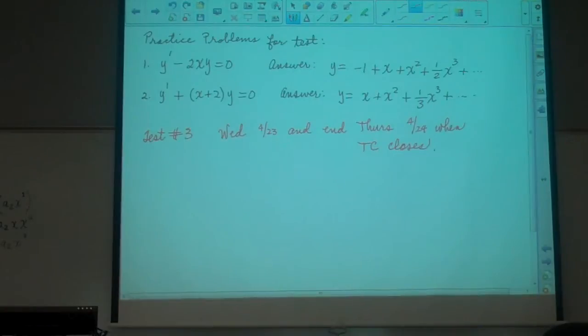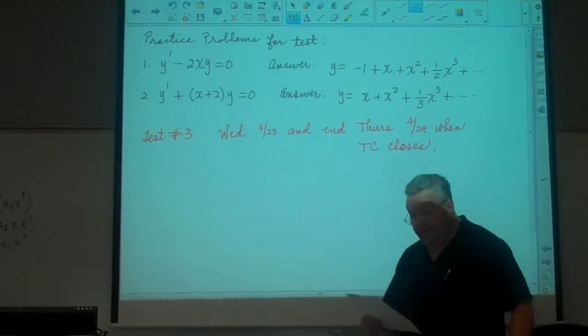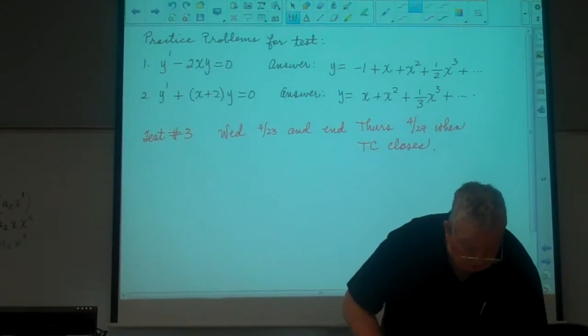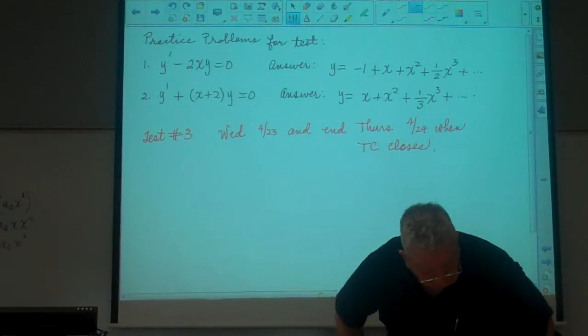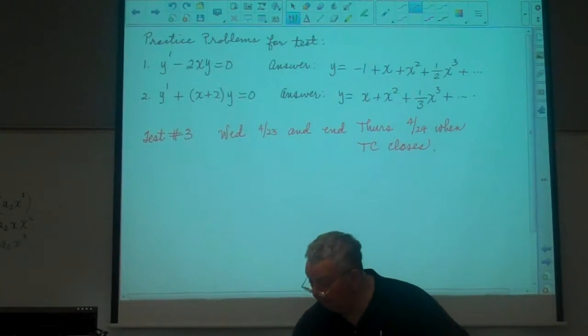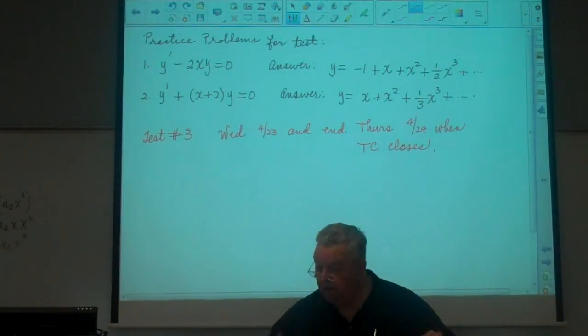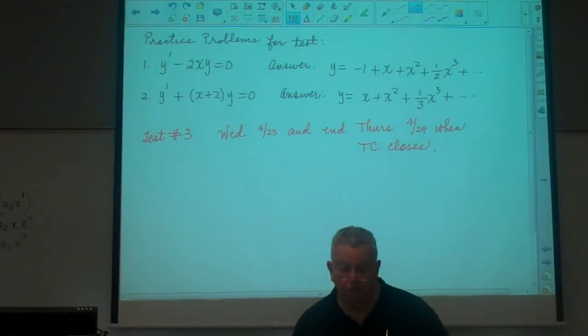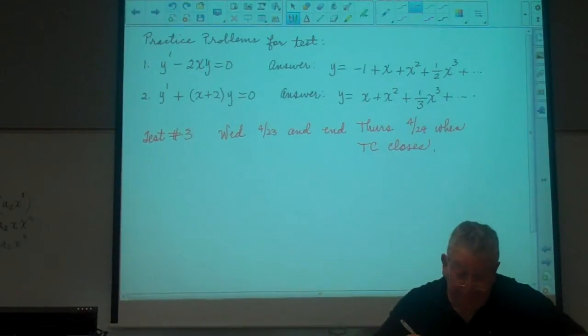S3 has, first problem says, find a Taylor series approximation of order 4 for the given function. I give you a function and you write a Taylor series for it. Problem 2 is a series solution for a differential equation,